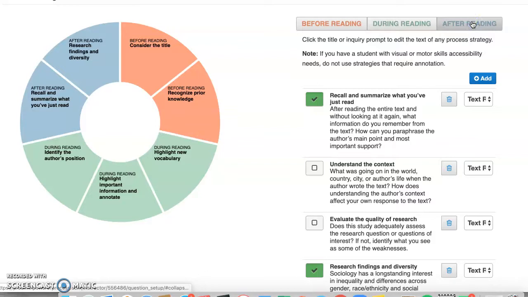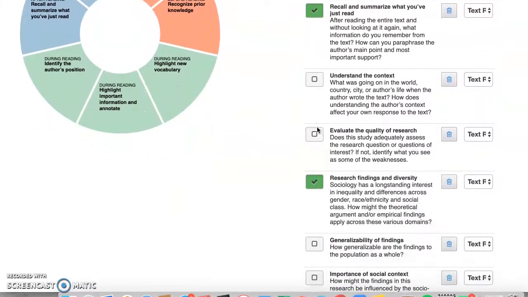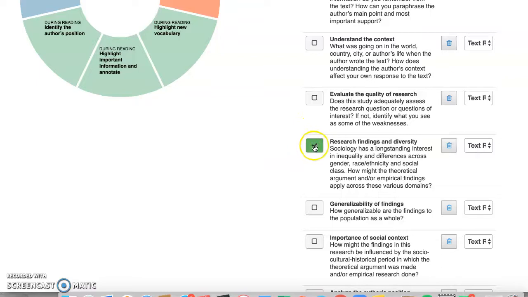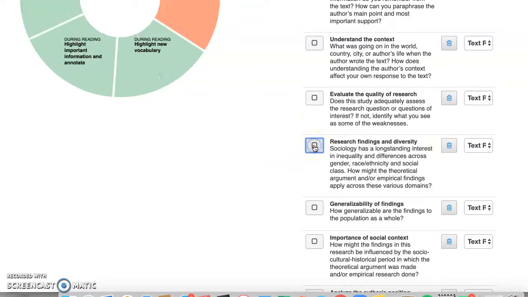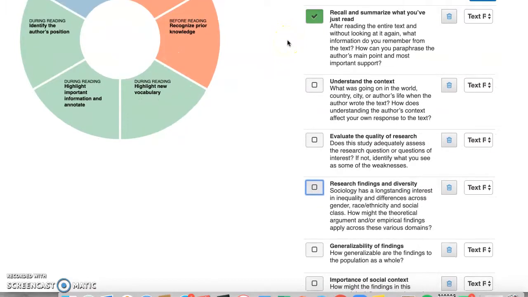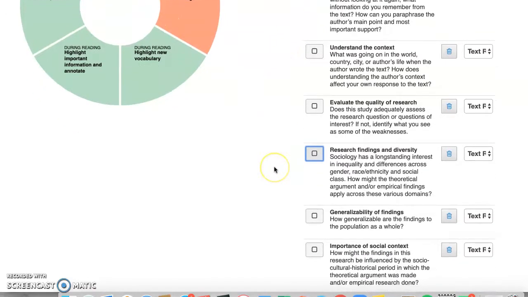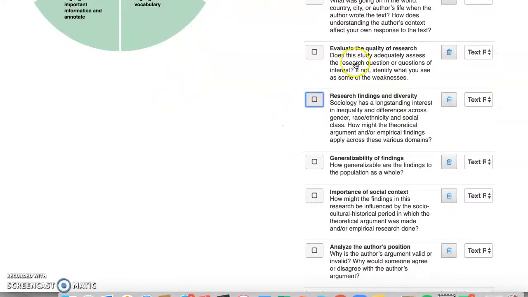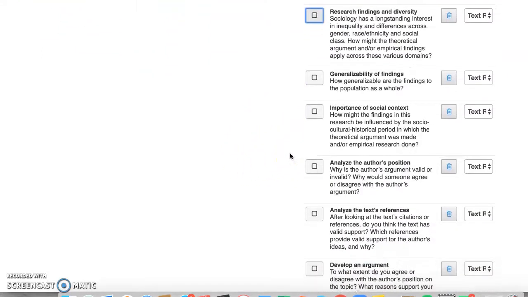Okay? After the reading, what do I want my students to be able to do? I want them just in the very beginning to recall and summarize what they just read. They highlighted the most important points. They highlighted the author's main position, but I want them to be able to recall, summarize, and paraphrase in their own words what they just read. Okay. There's a whole bunch of different strategies here. Research, findings, and diversity, I'm going to uncheck that. You're going to see some of these more or less apply, especially if you're asking students to find their own articles. You want them to make sure that they are maybe evaluating the quality of the research, realizing how generalizable the findings are,